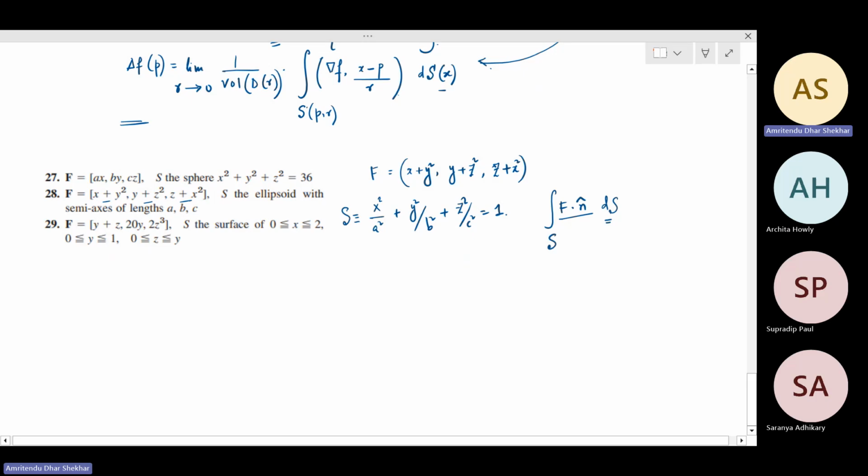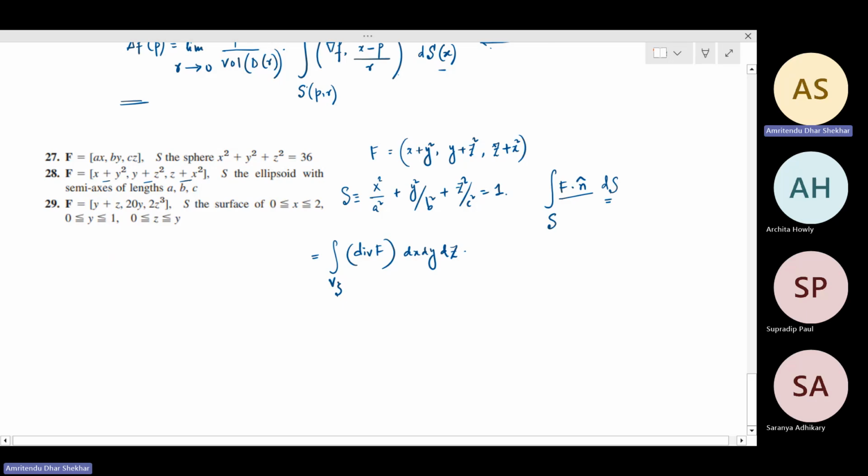Let's instead try to use the divergence theorem, which is the integration over V, the volume bounded by S, of the divergence of F, and then you can use dx, dy, dz. Okay. Right. So now the advantage is that if you can appropriately set the limits, this is just equal to